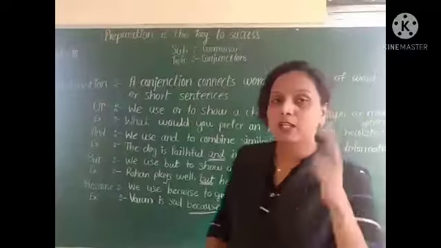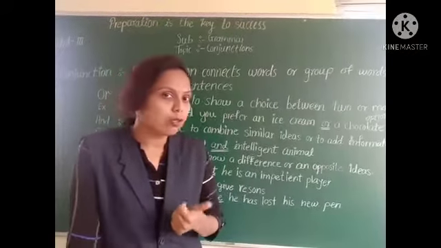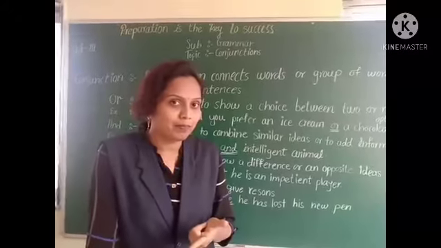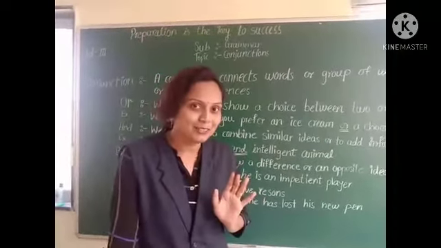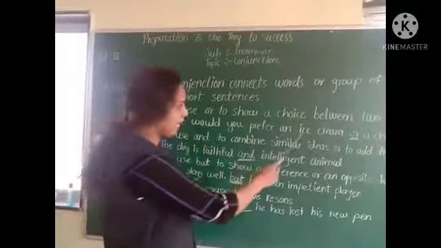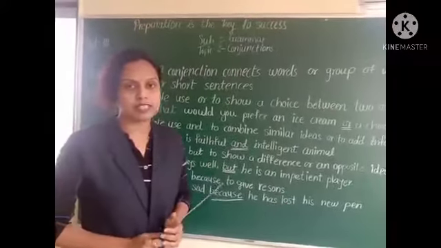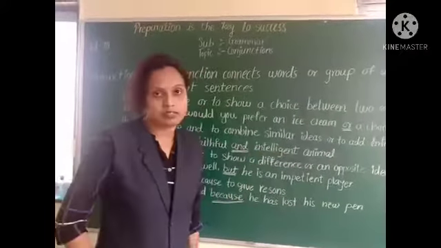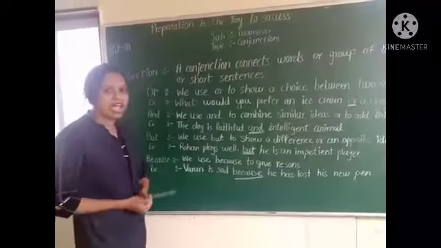See, here are two options for you. You are going to prefer a chocolate or an ice cream. I know your answer is both. Yes, no? See, you are going to choose an ice cream or a chocolate. Two options are there, so we use or. Understood?